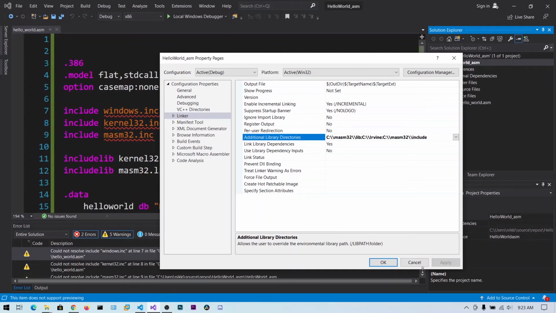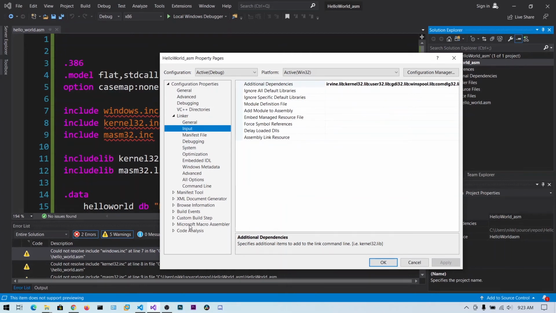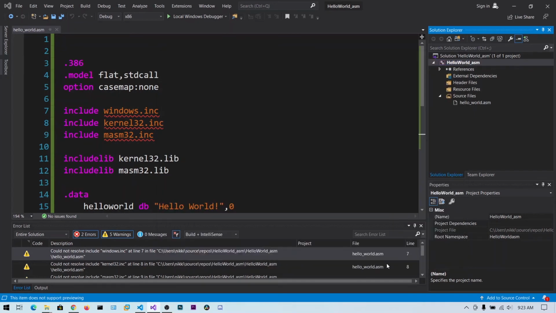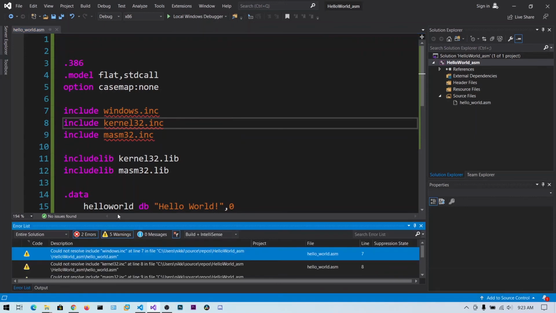And change that to also include this include folder, and click on input and in general, and change them to double backward slash. And click on OK. Now I think we should get the correct one.